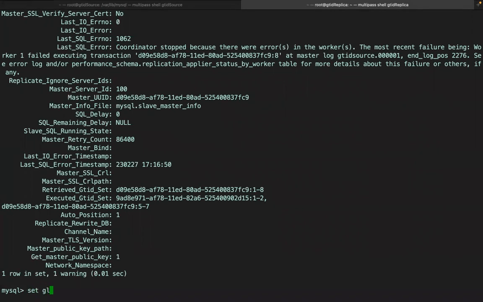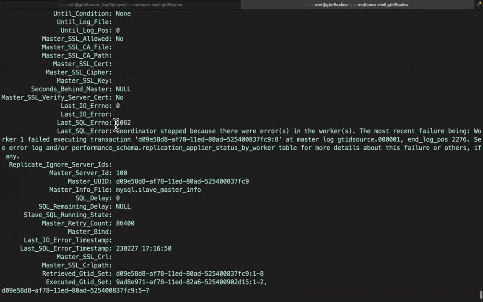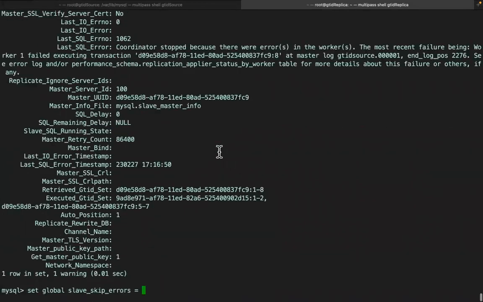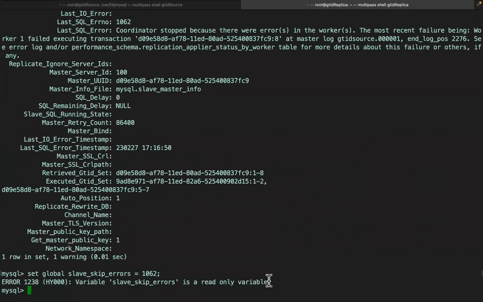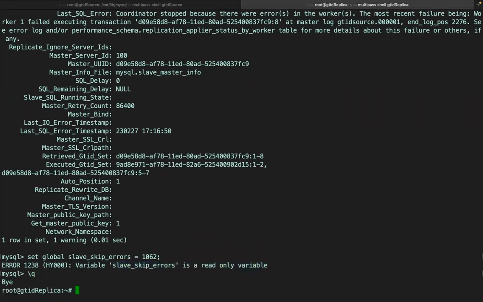For example, set global, this needs a MySQL restart. So if I try this, where the error number is SQL error 1062, it will give an error saying it is a read-only variable. This is a static variable. We need to put it in the MySQL config file, then restart MySQL. So let me copy this,